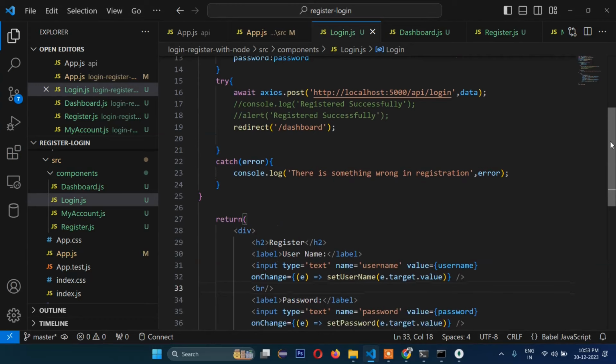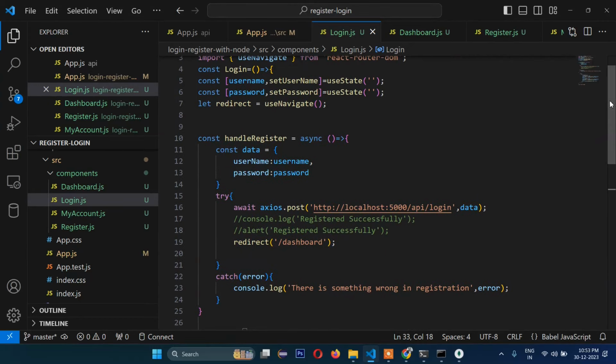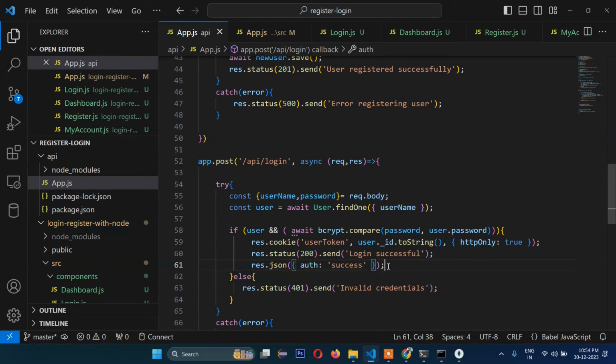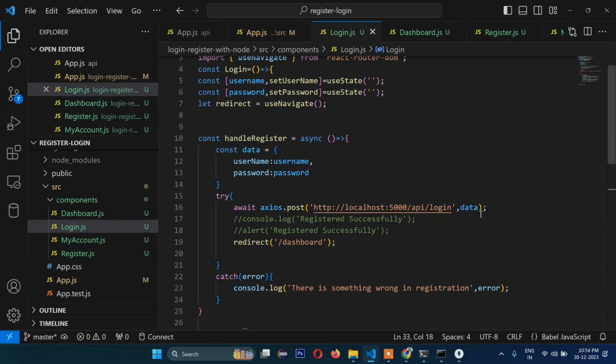We are getting this message login successful from this here. We can also send here the JSON format data to our React login page here. So in that case what will happen, we need to write here, then